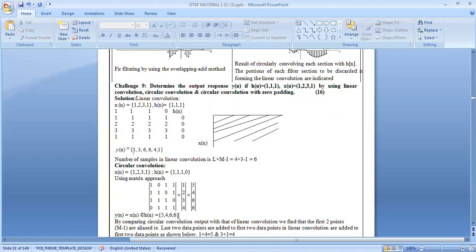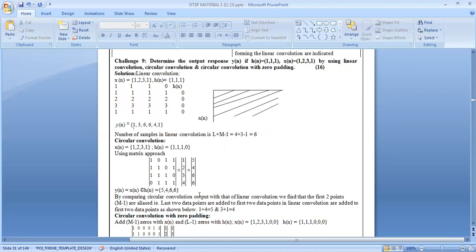Use the row and column matrix. So 1 into 1 will be 1, 0, 1 into 3 will be 3, 1 into 4 will be 4. Upper 1 plus 3 plus 4. Okay, what will be your answer? So we will be getting that. Then after that, you multiply with the next row and next column, third row and third column, and the fourth row with the single column.